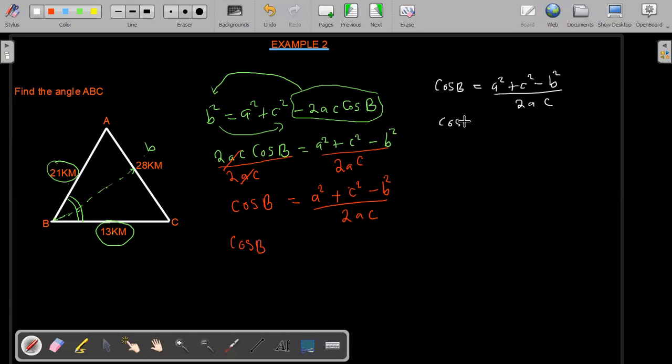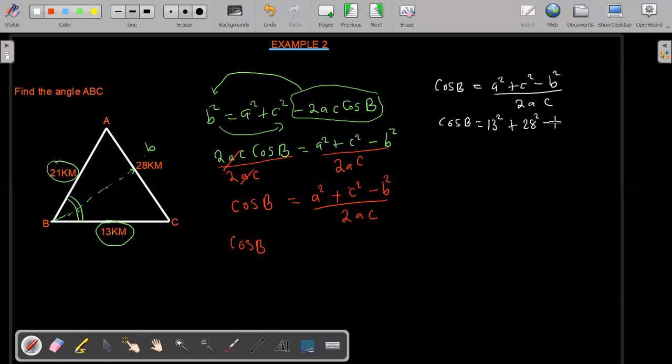So cos B is equal to, what is our a? 13. So we have 13 squared plus 28 squared minus